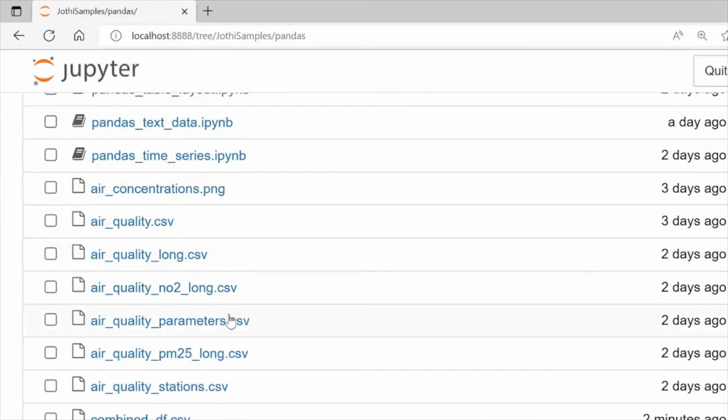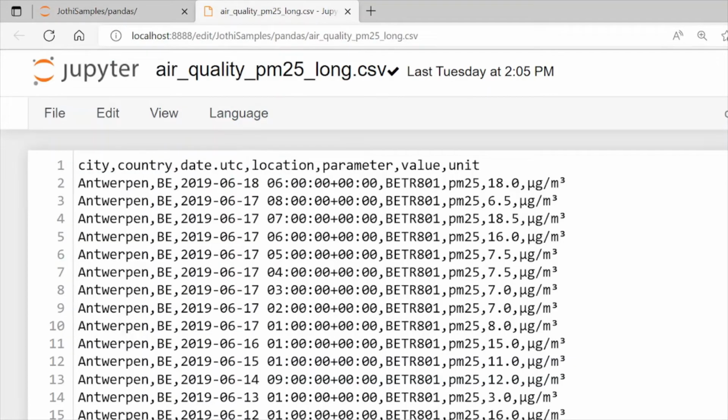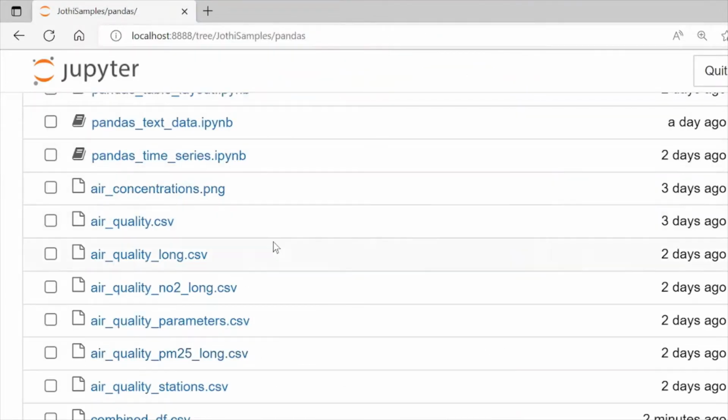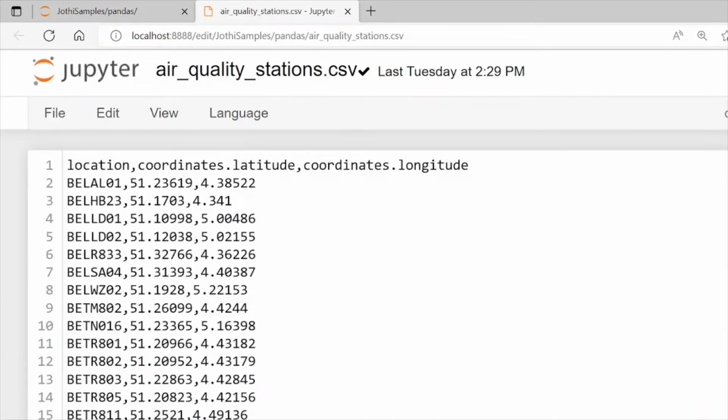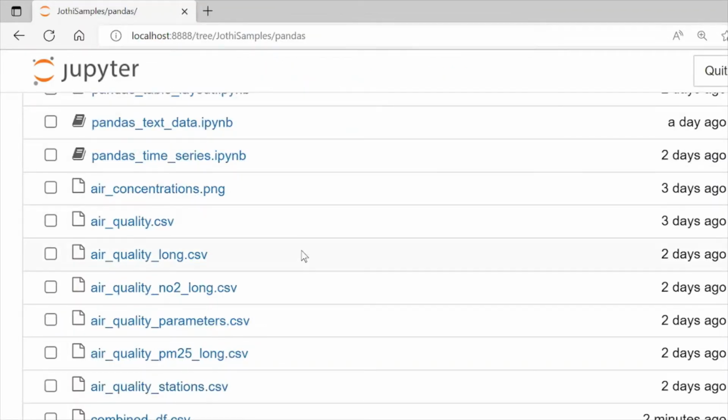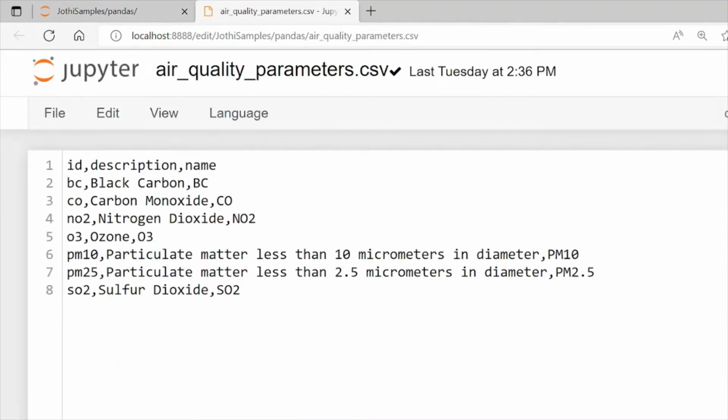level in that city. It has country, date, and other information. Similarly, we have another pollution level measurement, PM25. This city and the pollution level are in this CSV file. And we have the station information, location information for this station in lat longs. For this station, this is the latitude and longitude. And we have some parameters, description of those